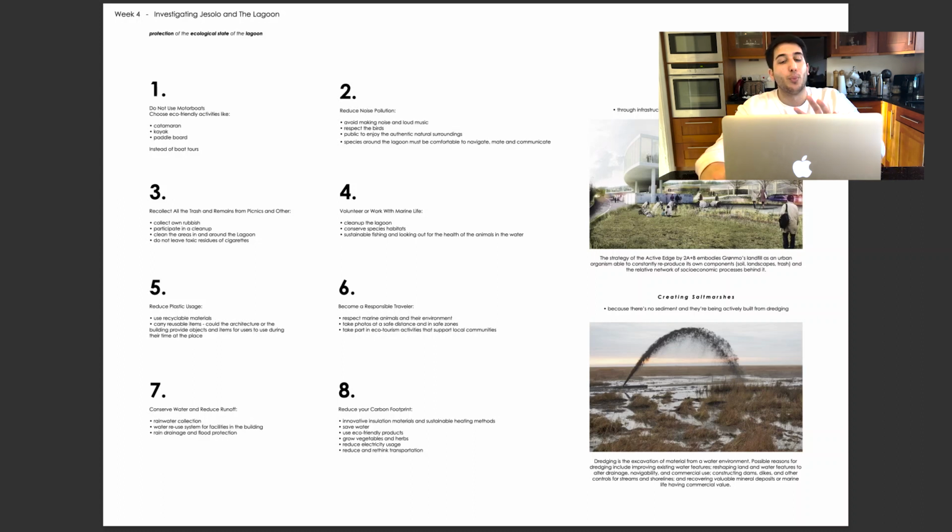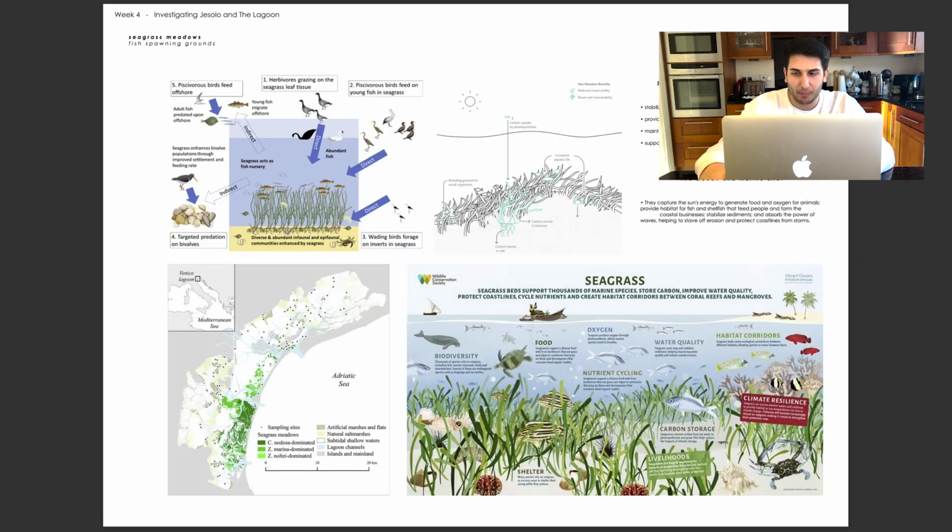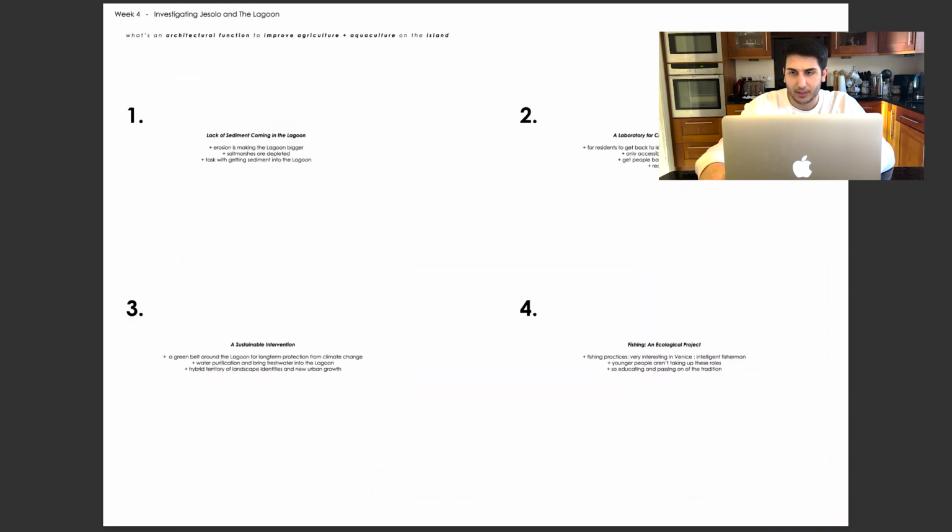There are obviously going to be so many more objectives that I would like the project to meet, and that's going to be formed in the way that I design the building over the next couple of months leading up to the final submission, which is at the end of May. It's going to be very hard, but it's going to be exciting and enjoyable, I hope. More research into the marine life, and the architectural and landscape points that I wanted to consider.